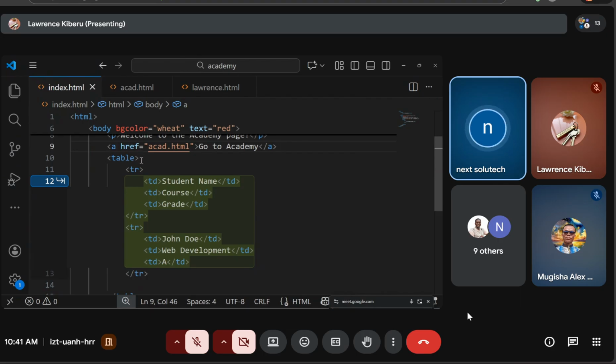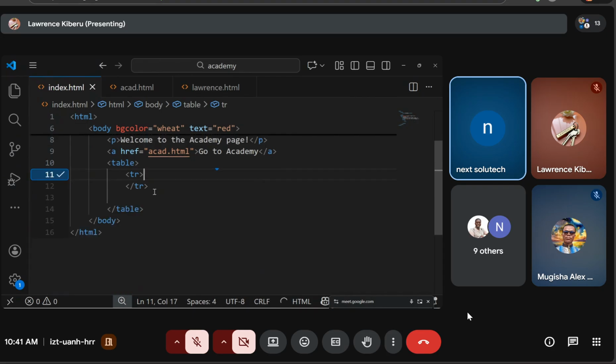Just do a backspace, it will go off. Just do a backspace, then hit enter. Just hit enter. Then inside there,